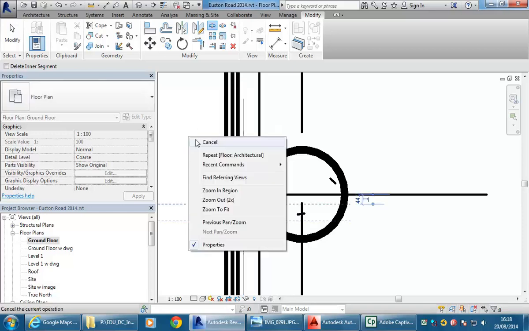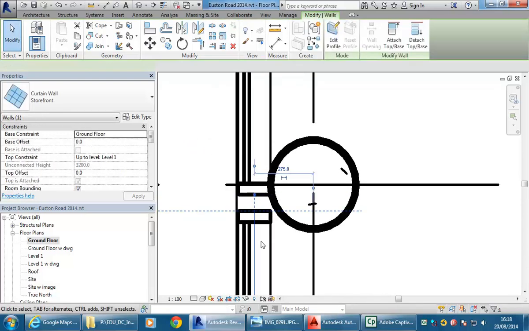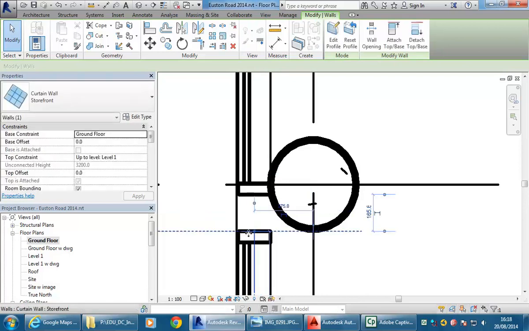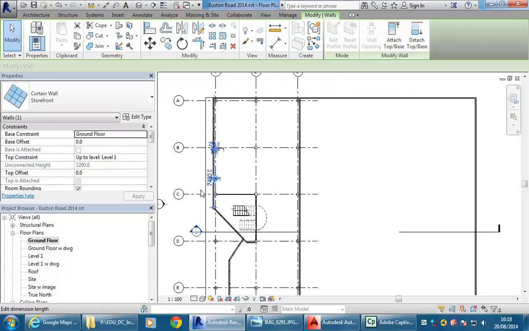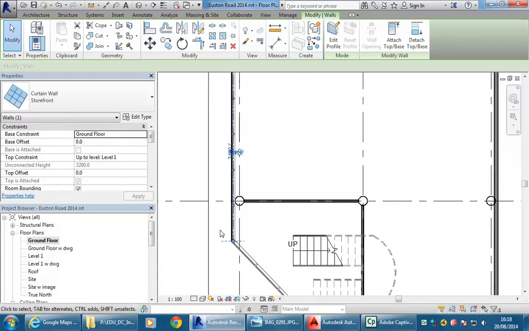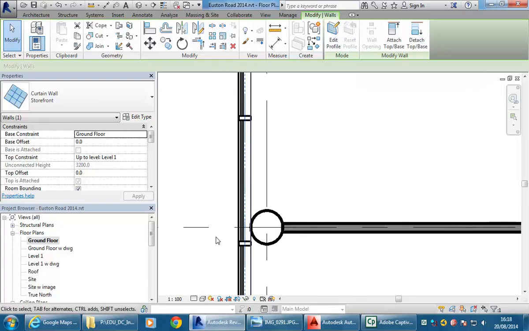And what that'll do then is give me a break in my walls so that I can then drag one end away, and see it puts the mullions in, so that's not a bad thing. And so again, looking at the photo and just trying to follow this as closely as possible, it's all a bit unusual, but again here I can do another split at the next column,